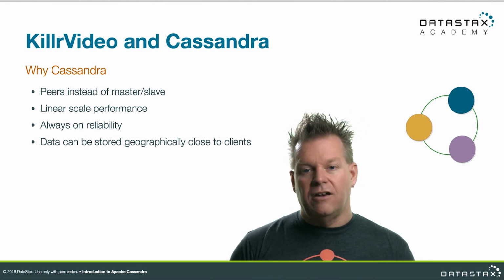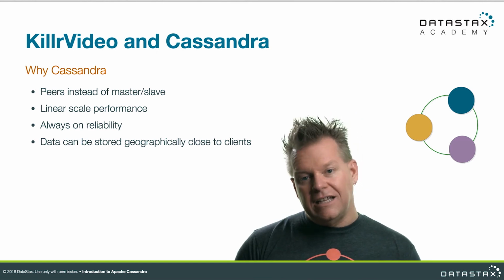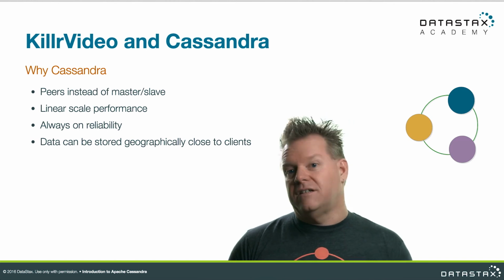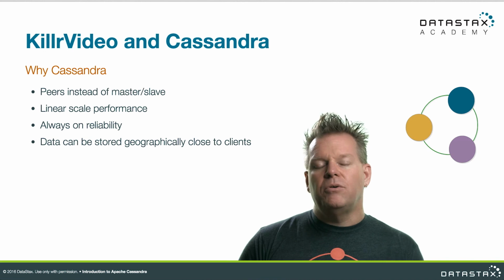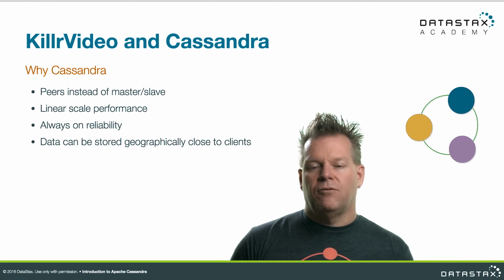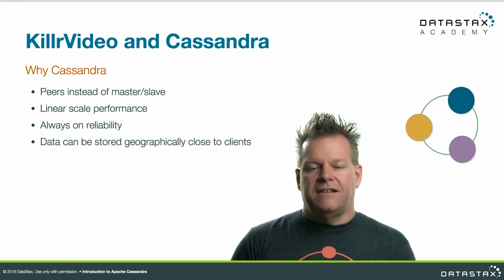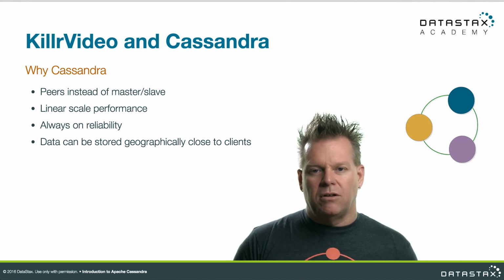And more importantly, I know I have users all around the world. I need a replication scheme that's not only going to give me good reliability, meaning that if I lose a data center, I'm still online, but also puts data closer to my clients. So if I have users in Europe or in India, and I want to look at them and say, hey, you're going to have the best experience possible, it's not going to be that way if they have to go all the way back to the US. The latency between the US and India is 200 milliseconds. I'm not going to put that in front of them. I want to give those users a great experience by putting the data closer to them.